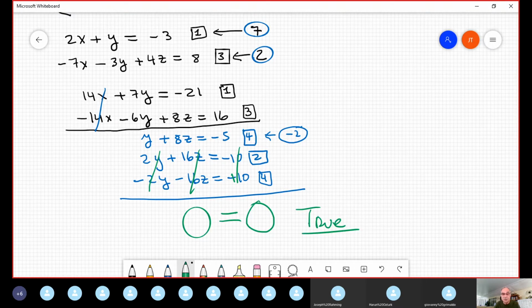What is the interpretation of this? 0 equals 0, or 7 equals 7, or 40 equals 40. When you manipulate the system algebraically and you cannot solve it, but you get a true statement, it's completely different from the other case where we have a false statement. A false statement means no solution. But a true statement is